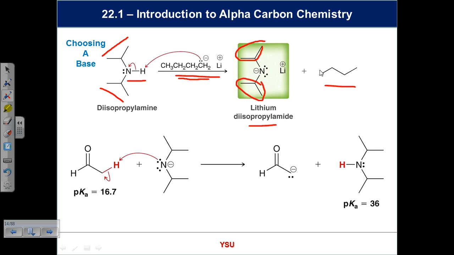Now, when you run this reaction, any idea about temperature? What sort of temperatures would you do this at? Would you want to boil this thing? Would you want to do it at low temperature? What are we thinking? You've got an exothermic reaction. It's exothermic by quite a bit. Do you want to cool this down or warm it up? Cool it down to avoid any problems. And we typically run these things, you'll see these details on old exams and in the book,